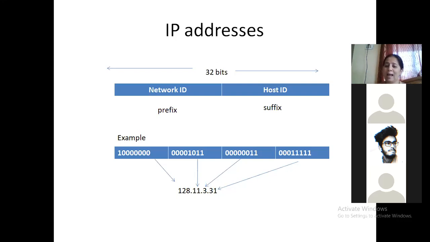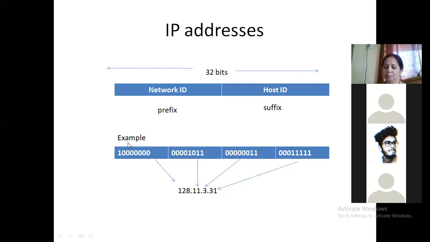Okay. Now in the diagram, I have shown 2 parts, network ID and host ID. And you may feel that network ID is 16 bits and host ID is 16 bits because exactly half I have shown. May not be true. Sometimes only 1 byte, that is 8 bits, is used for network ID. Remaining bits are used for host ID, remaining 24 bits. Sometimes network ID is 16 bits, host ID is another 16 bits. Sometimes network ID is 24 bits and host ID is only 8 bits. So it depends on how many bits are used for network ID and how many bits are used for host ID. Okay, you all can have a look at this example.